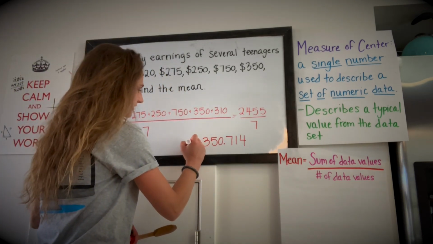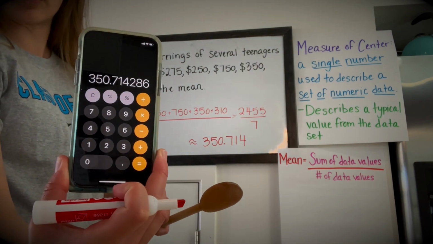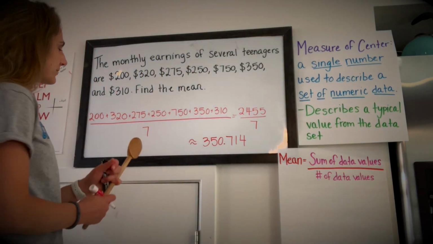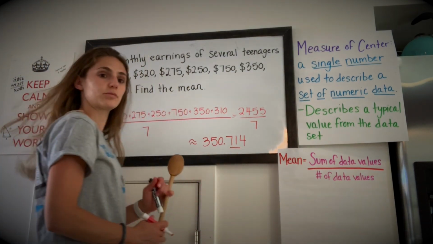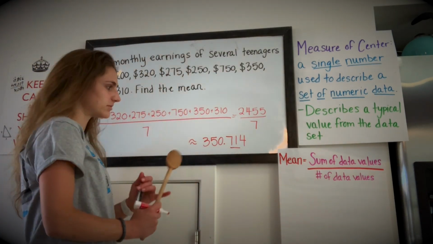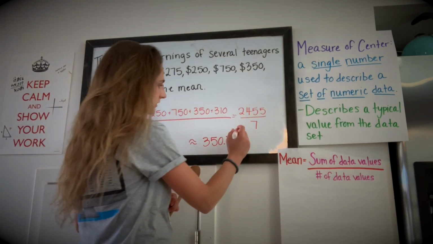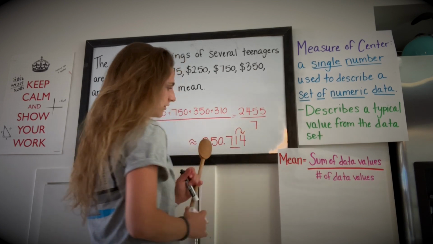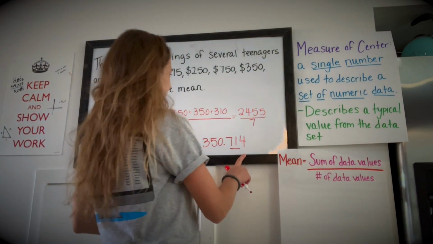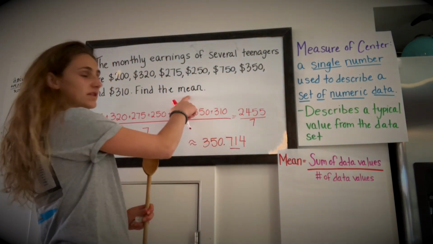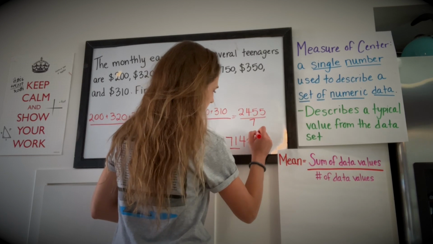Okay, now this is an approximate answer because this decimal would continue to go on. However, because we're dealing with money, money only has 2 decimal places. We only go to the hundredths place when it comes to money. So I'm going to use this value in my thousandths place to round. So remember, if it's 4 or less, we let it rest. So my answer is going to be that the mean, once we rounded, is approximately